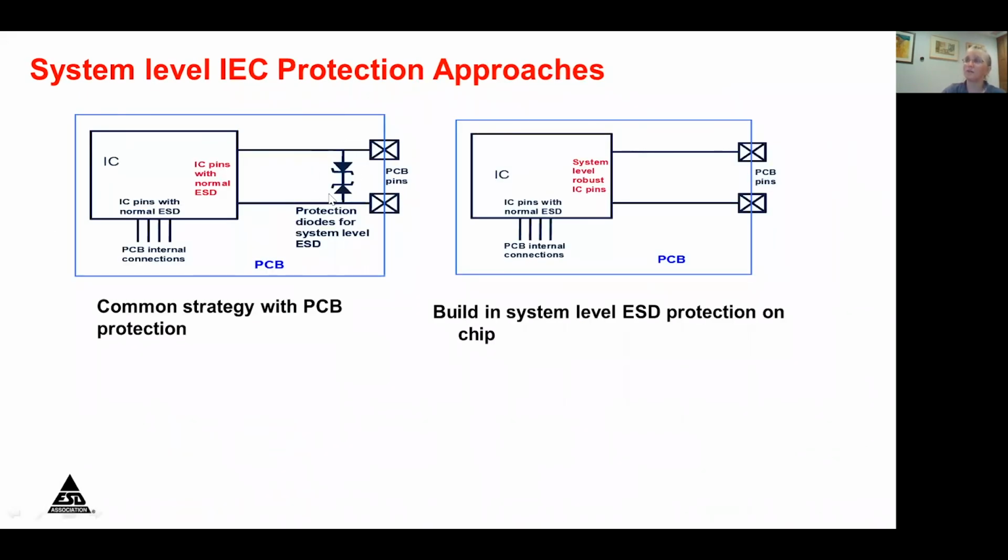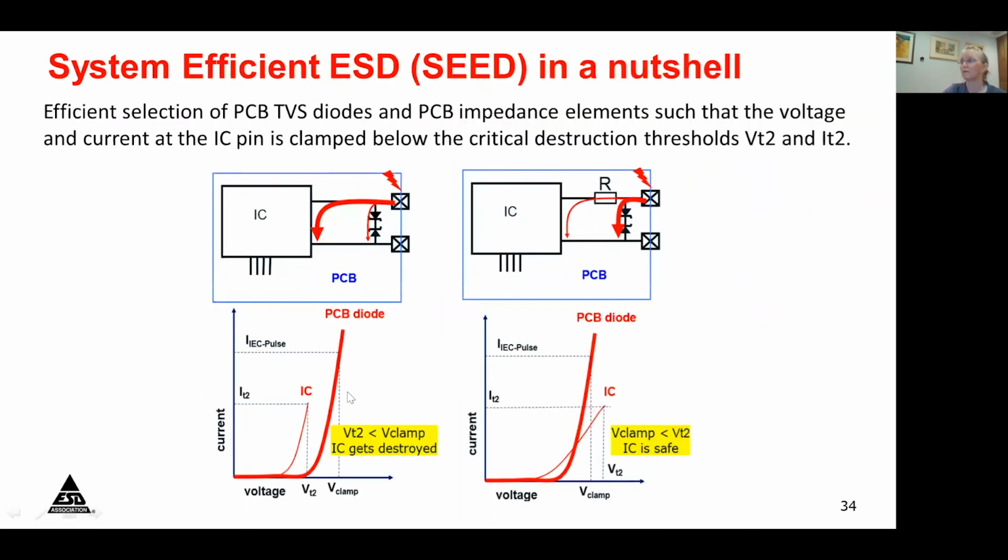Most systems will have the external protection on the PCB board, this primary protection that relieves the pressure on the IC. But sometimes, for example in the serializer, deserializer chip I mentioned earlier, because of the way in which the system is set up, the very high level of system level ESD protection has to be built into the chip. It comes at a cost because you're allowing the energy to get into the chip, whereas really we want to keep it away from the chip. But both ways can be made to work.